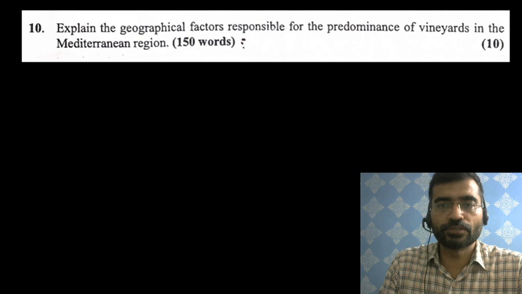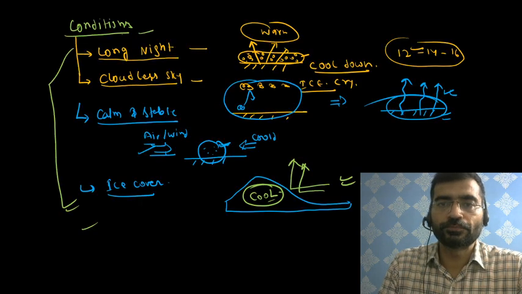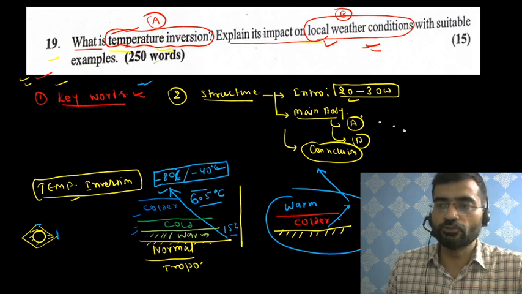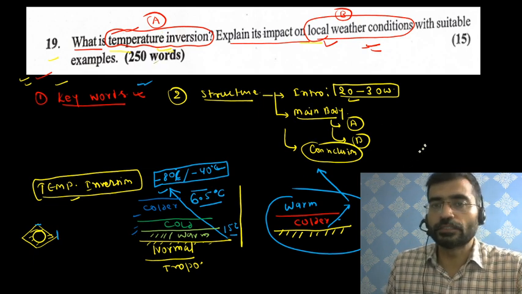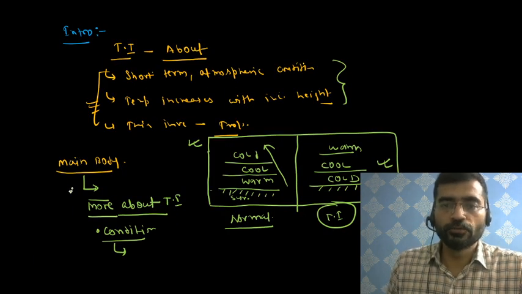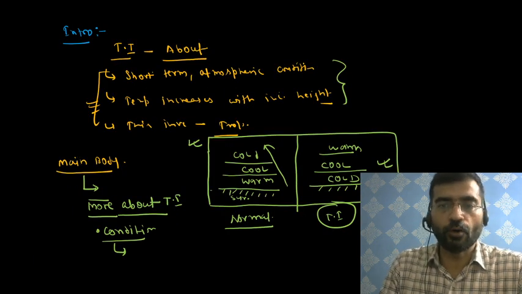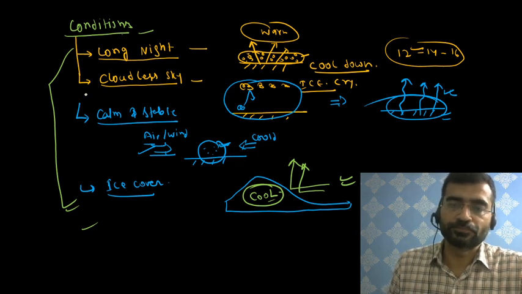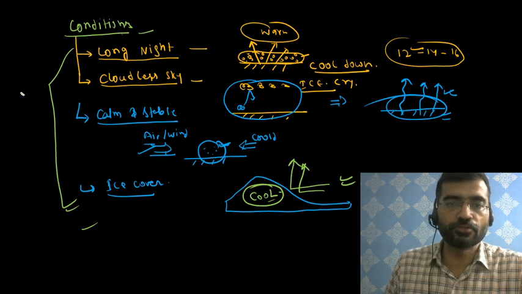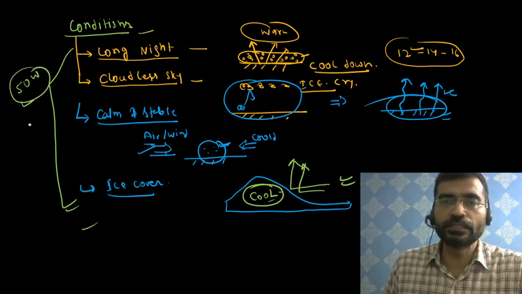Again, I am suggesting to you there is a demand of about 250 words. So you shall invest in the temperature inversion about 125 words. So you shall try to cover the main body with a diagram with these dimensions. Again, you may write one more dimension here. This dimension you shall cover within 50 words. 50 to 60 words will be enough for the conditions.